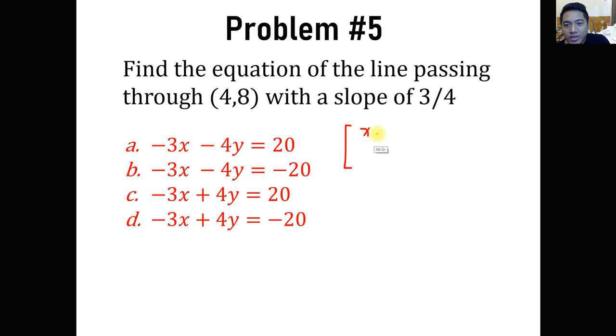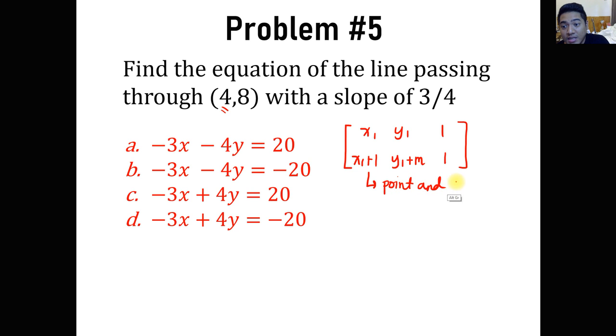So, you have to input in your mode 5, x sub 1, y sub 1, and then still 1. But for the second one, you are going to input this formula, x sub 1 plus 1. So whatever the value of x, you'll be having plus 1 here. And for the y sub 1, you're going to have y sub 1 plus the slope and then 1. So this is only applicable if you have a point and a slope.